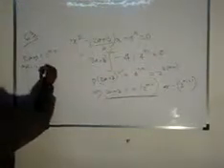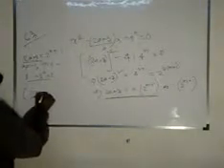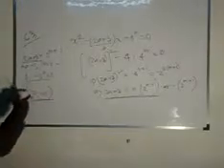Here, if we take a is equal to minus 1 and n is equal to minus 1, then this side becomes minus 2 plus 3, so this is 1, and this side becomes 2 to the power 0, which is 1. So minus 1 and minus 1 is a solution of this equation, for a is equal to minus 1, n is equal to minus 1.